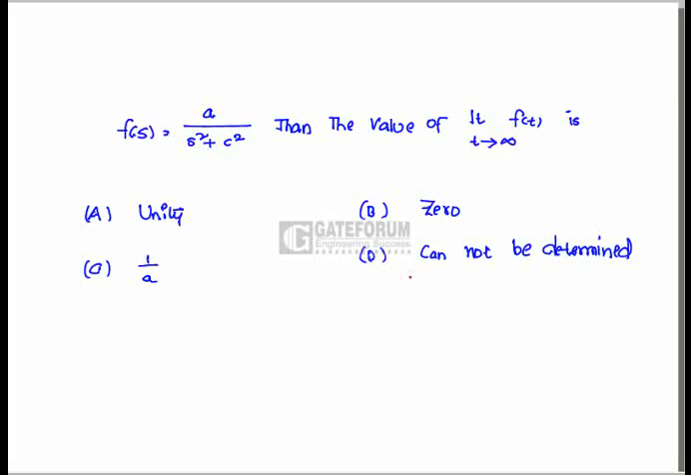In the above problem, we have to find out the steady state value of the given expression. From the final value theorem, limit t tends to infinity, f of t equals limit s tends to 0, s into F of s. But the problem with the final value theorem is that it is applicable only to stable systems. That means the final value theorem